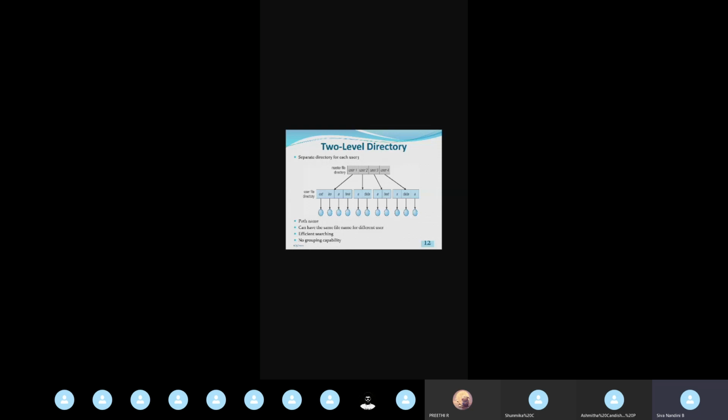A different user need not be a different login user. It may be a different user process also. In this master file directory, I'm having user 1 to user 4. So I'm having 4 users. That is, in a single system itself, I am accessing 4 user processes. That is, I'm opening 4 application programs, it may be a Word document, a Paint, a video file or a game application. All these 4 application programs will be available within this master file directory.